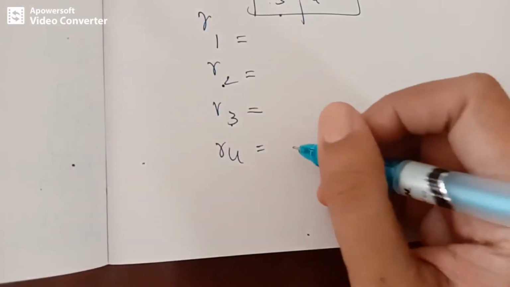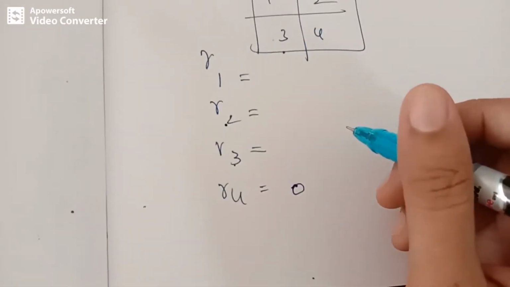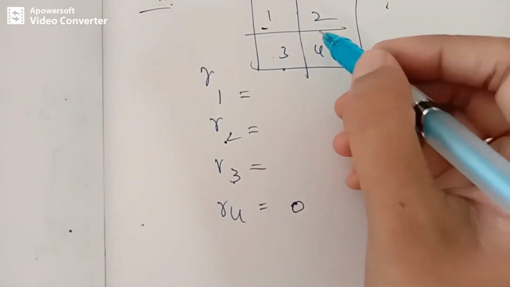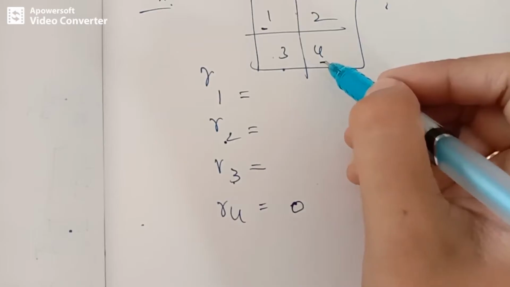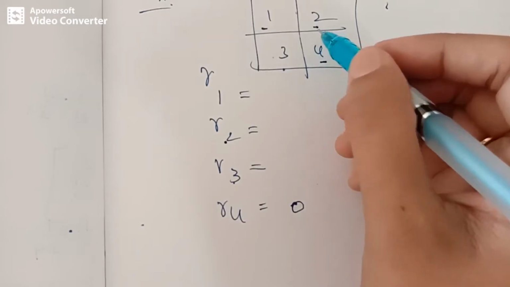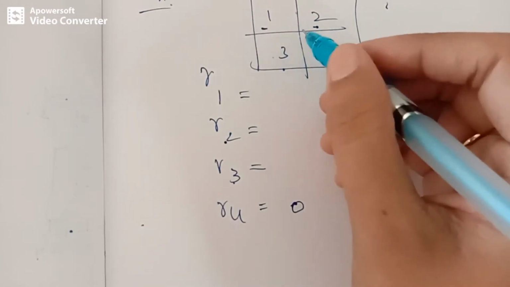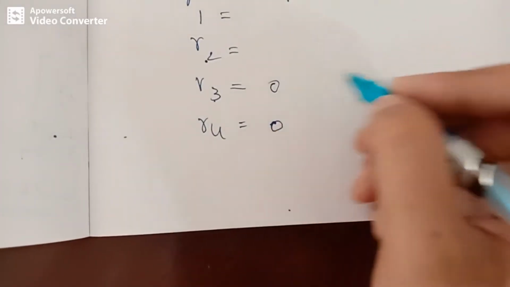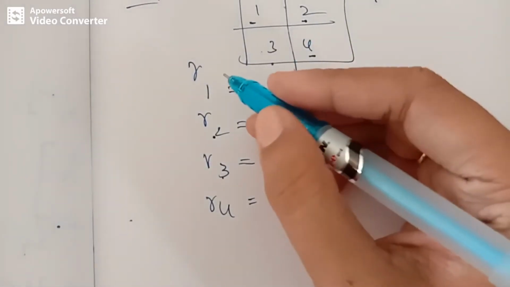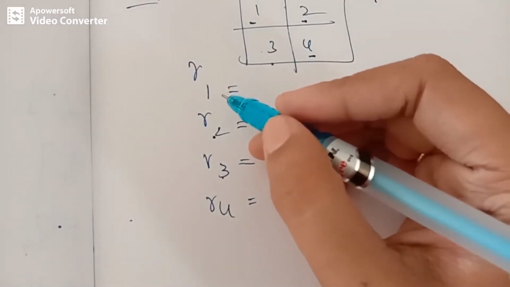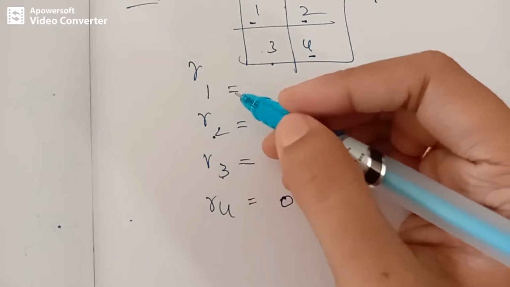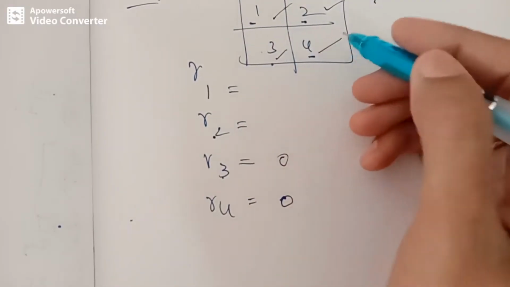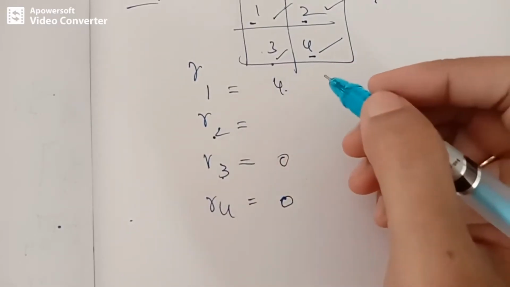Obviously, we cannot place 4 pawns, and what is the number of ways of placing 3 pawns? If we place 1 pawn here, we can place another over here, but we cannot place it over here. So at the most 2 pawns can be placed so that they do not attack each other. So R3 will be 0. What is the number of ways of placing exactly 1 pawn? This is nothing but the number of squares. So R1 is 4.